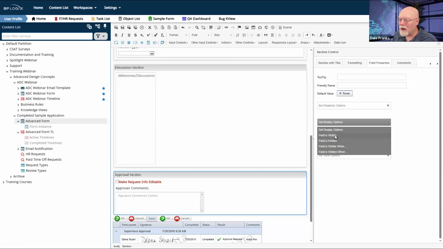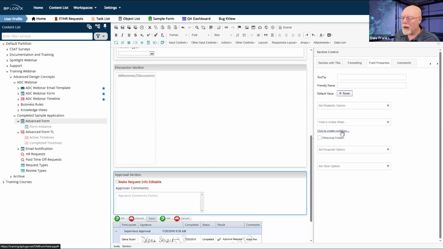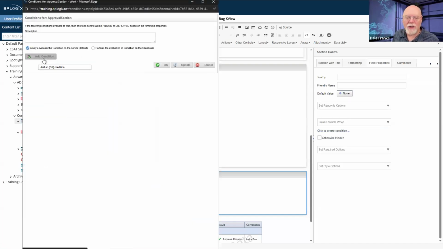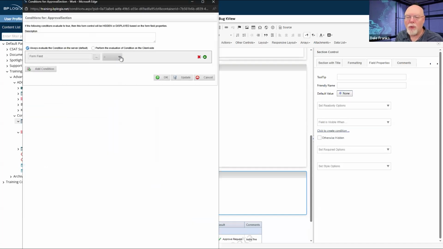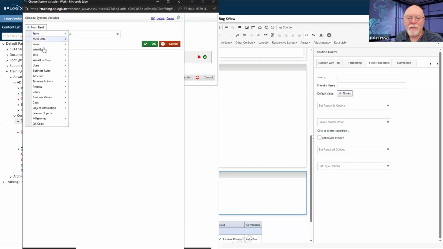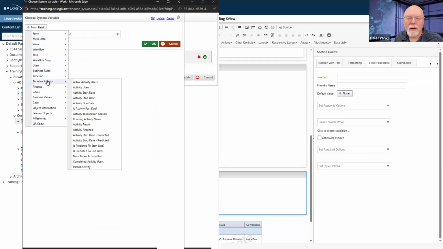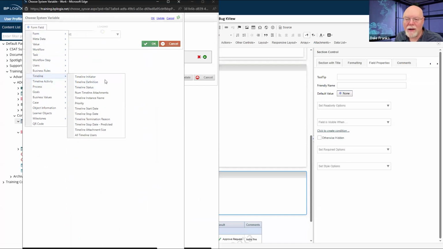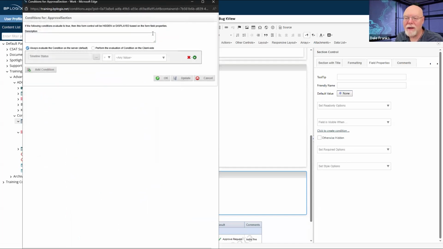Let's say this field is not visible, but is visible when, and we'll create a condition to say it will be visible only when the timeline status is active. So timeline and timeline status is active.